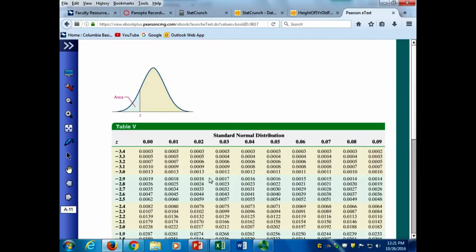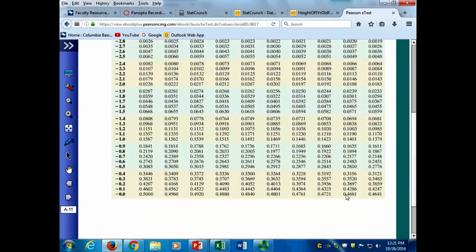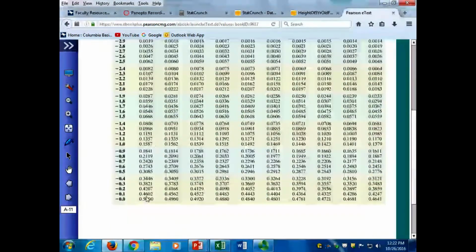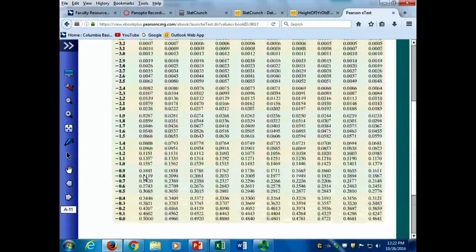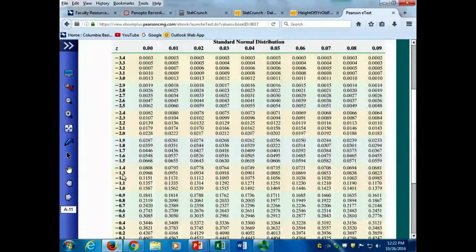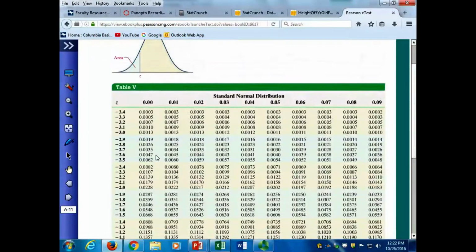Pretty low. Should be pretty low because that's a pretty low Z-score. And notice as the Z-scores get bigger, what happens all the way up to a Z-score of 0.0? What's the probability of being less than a Z-score of 0? 50%. Makes sense because it's centered at 0, and it's symmetric, so the probability of being below 0 better be 50%. So if we know a Z-score, we can calculate probabilities associated with it just by using the Z-table.